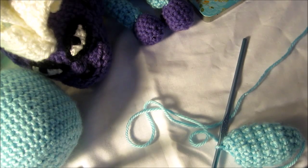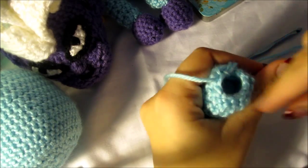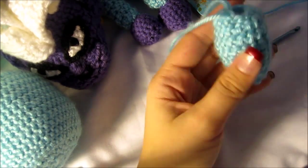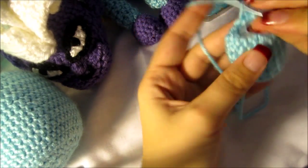Time for the stuffing. Now that I finished stuffing it, I'm gonna go back to a